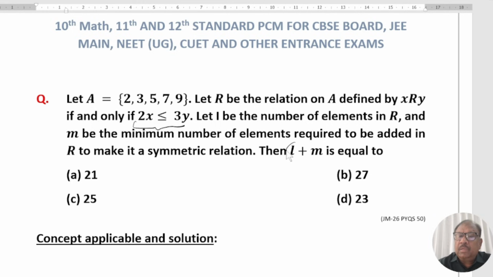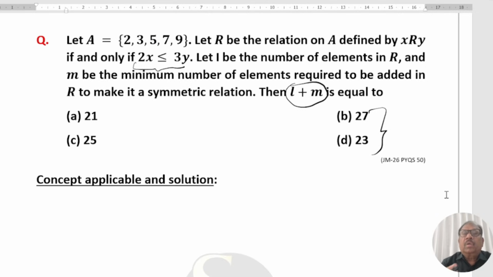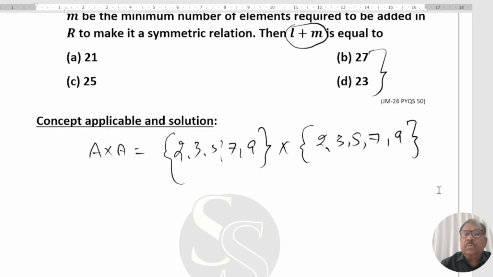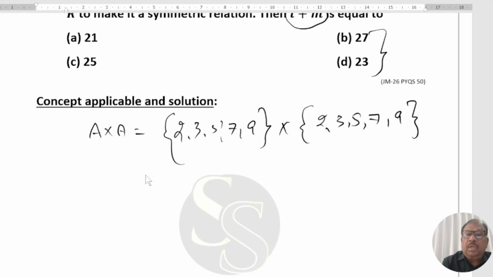Then we have to find the value of L plus M. 4 options are given, one of which is correct. A cross A: 2, 3, 5, 7, 9 cross 2, 3, 5, 7, 9. We took their cross product. The condition of the relation is